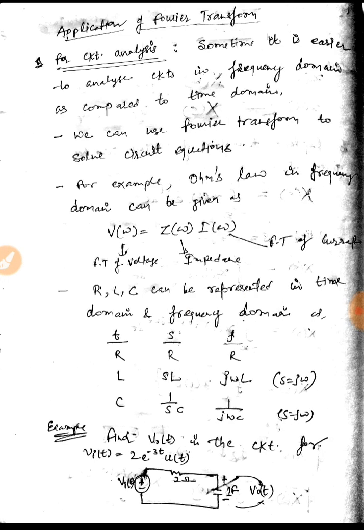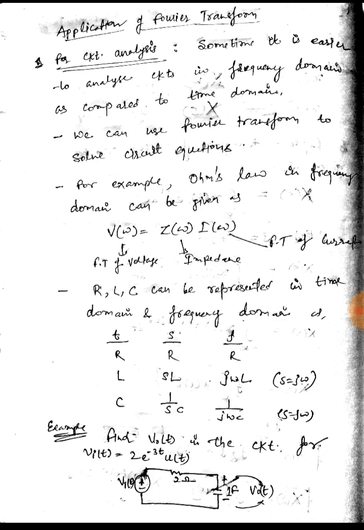Okay, now we'll see some of the applications of Fourier transform. It can be used in communication systems, as we have already seen in the last lecture, the sampling process, which is a very important operation in signal processing, in which we convert analog signal into digital or digital into analog signal, which is used in the transmission of signals over a channel.